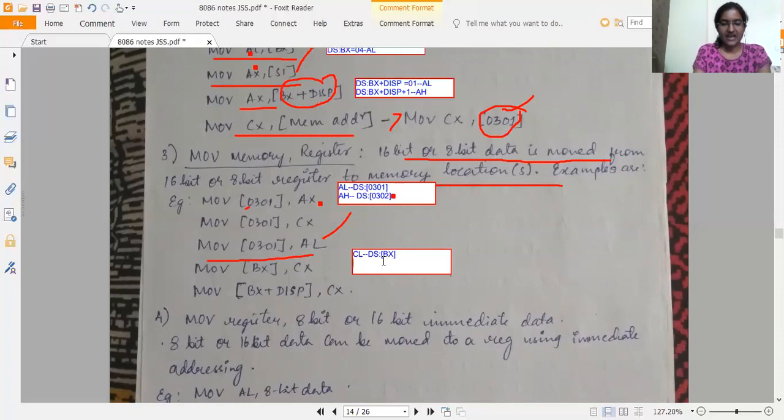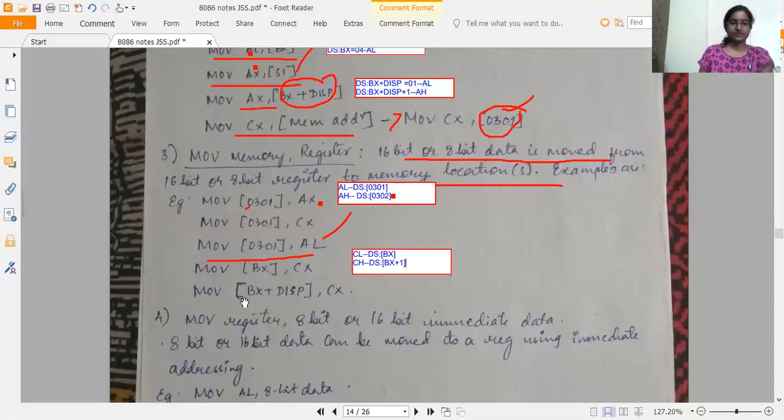And the content of CH will be moved to DS:BX plus 1. BX is holding a memory address, then to the next memory location the CH content will be loaded.